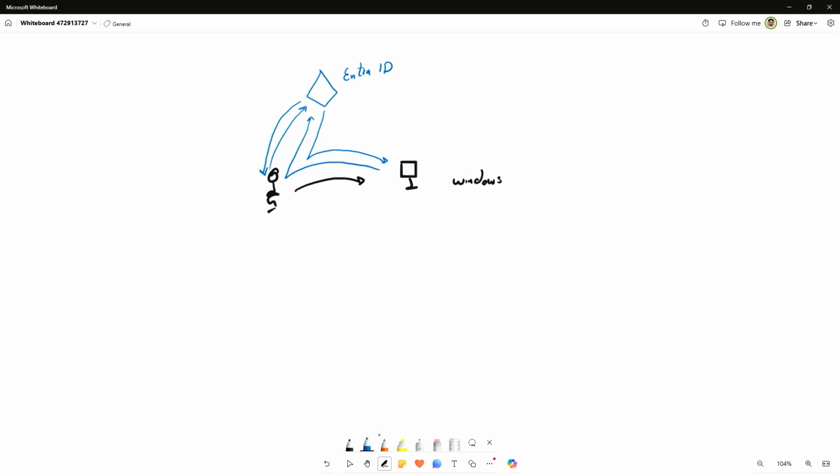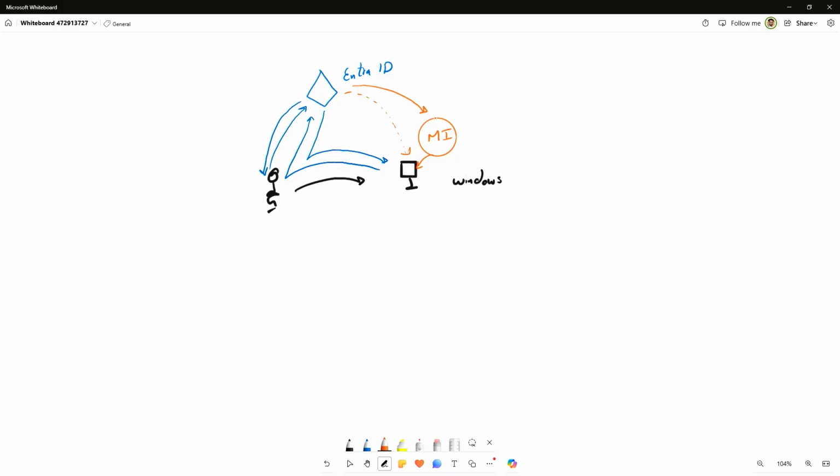Now, for this to happen, first of all, Entra needs to know who this machine is. How should it authenticate this user to that machine? Currently, this machine doesn't have an identity of any sort. It's just a resource in my environment. And this is where managed identities come into play, where I can create a managed identity, or ask Entra or Azure to assign a managed identity to this resource. Once I do this, Entra knows this identity resource. Again, we're managing this in our environment, and it can authenticate me against that identity.